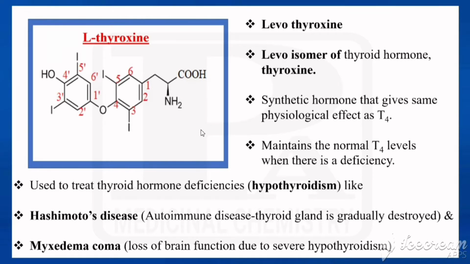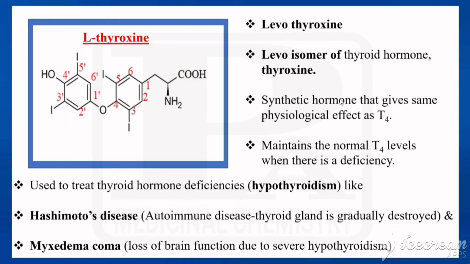Students, in this class we are going to see thyroid and anti-thyroid drugs. So, drugs under this chapter. First drug is called L-thyroxine. Look at the structure of L-thyroxine. Already we have seen this. T4 we have seen, it is a thyroid hormone. It has the same structure as that of T4, but it is a LEVO form. It is a LEVO isomer of thyroxine, otherwise called levothyroxine.